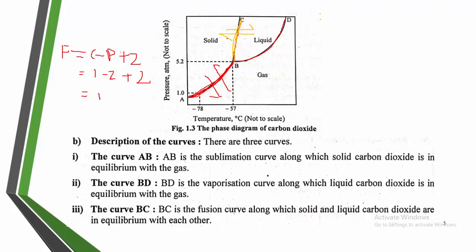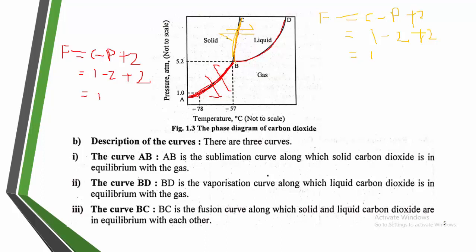Again the same thing, you can find out the equilibrium, that is degree of freedom, you will get 1. Same thing, we have the formula of C minus P plus 2. What will you get? Again the same thing we can calculate here. Component is 1, phase is 2, and plus 2 as it is. Why am I taking the phase as 2? Because the solid phase and the liquid phase at a point on this curve are in equilibrium. Therefore, I am taking the 2 phases. And what will you get? You will get 1.